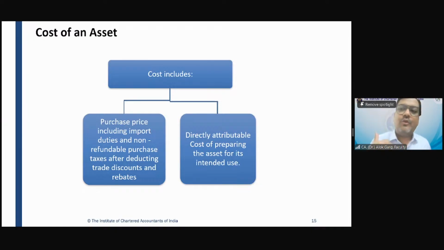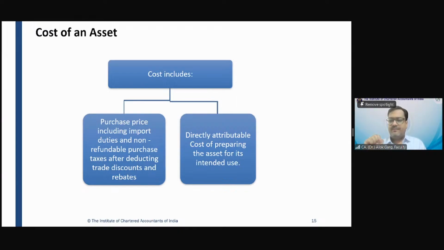You remember I have told you one concept of directly attributable cost. What is the concept of directly attributable cost? Simple concept. To bring the asset from one place to factory, that is the example. But the concept of directly attributable cost is if that asset would not have been acquired, the cost would not